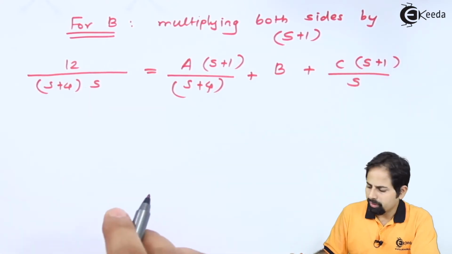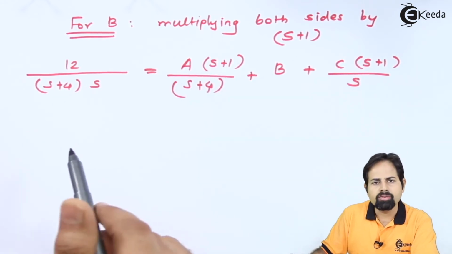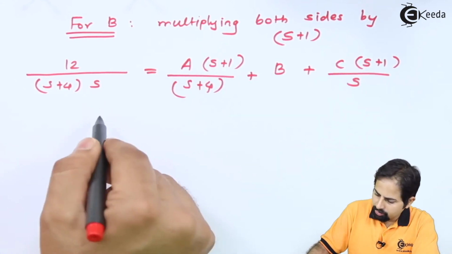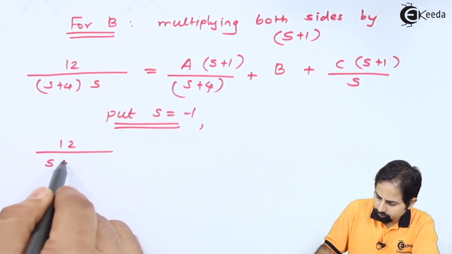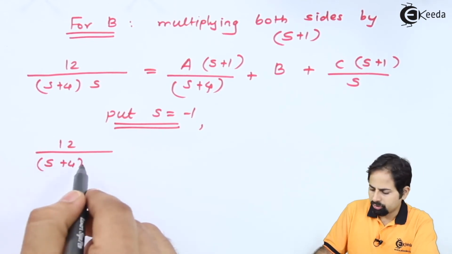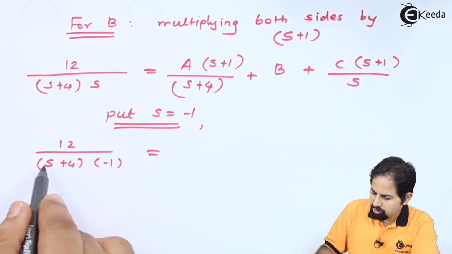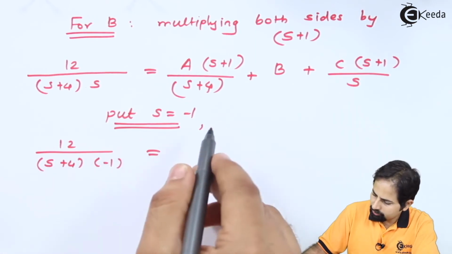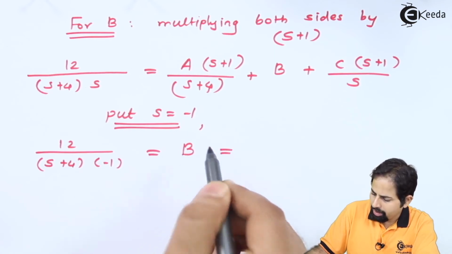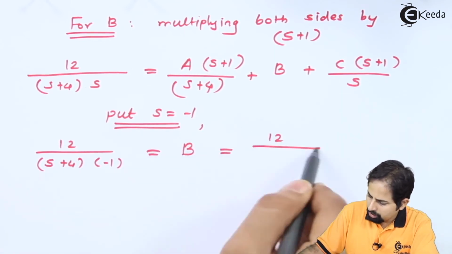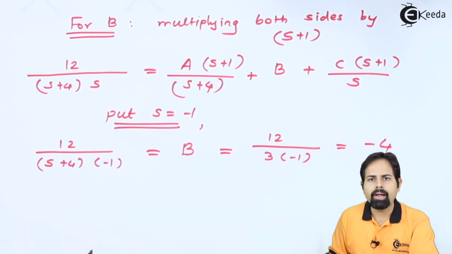and now it's quite simple. If you substitute s equal to minus 1, both a and c will become 0 and we will get the value of b. We should substitute here also. So here also s is equal to minus 1. Well, a and c both are 0 and we'll get b, and that b will be now minus 4,